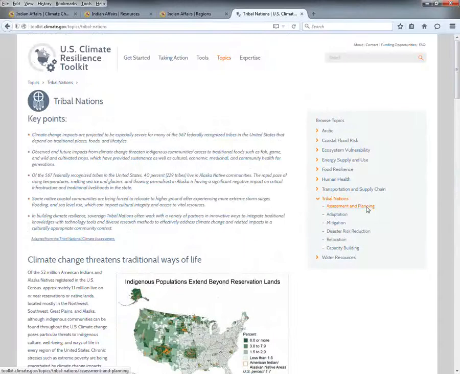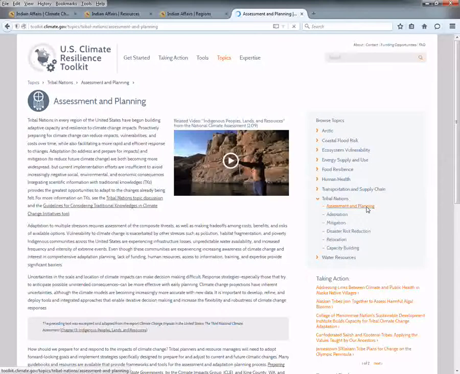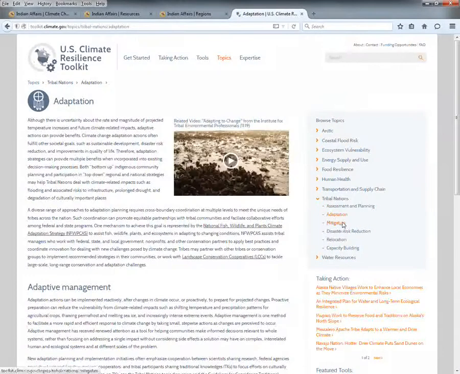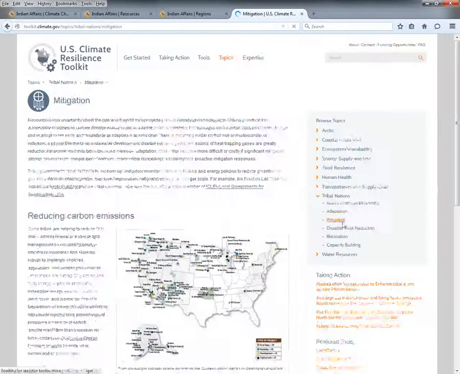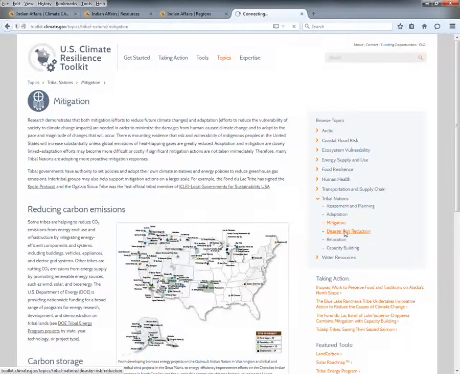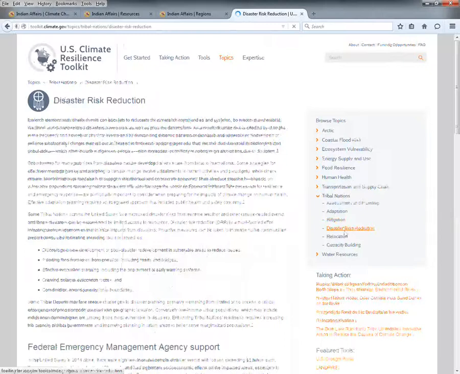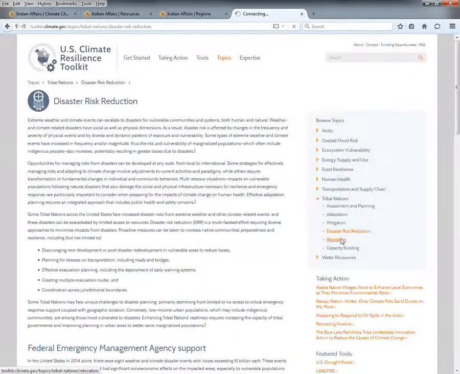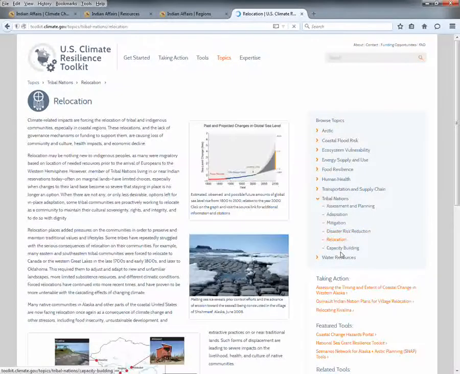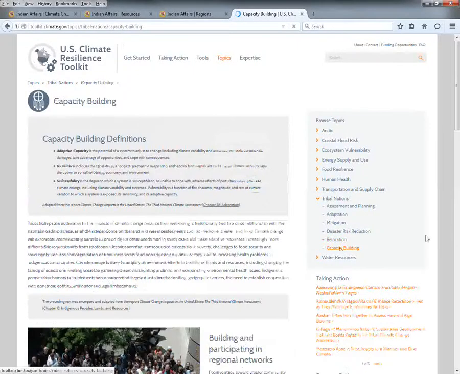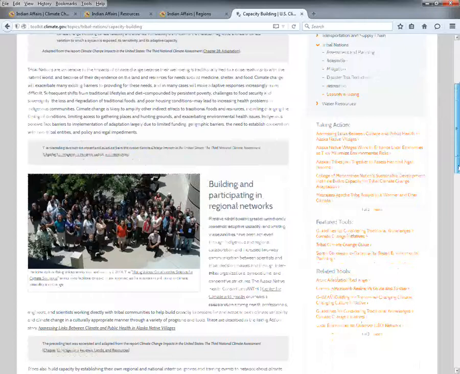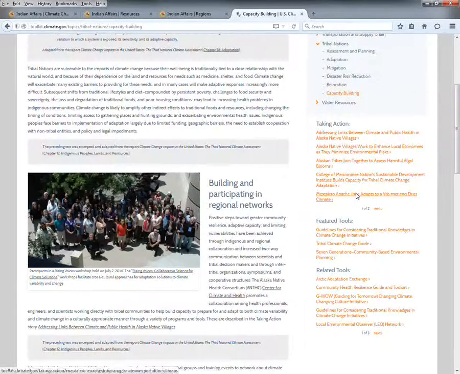And then along the side, you'll see it goes to each of the 6 subtopics I mentioned in the user's guide: assessment and planning, adaptation, mitigation, disaster risk reduction, relocation, and capacity building. Now, each of these topics, you're going to see some taking action stories where tribes have worked